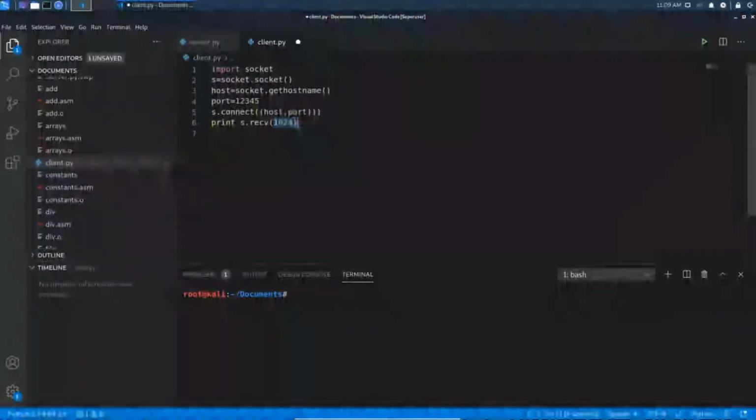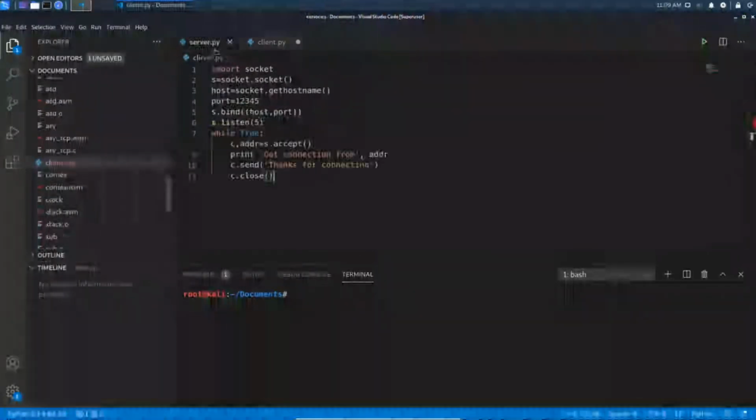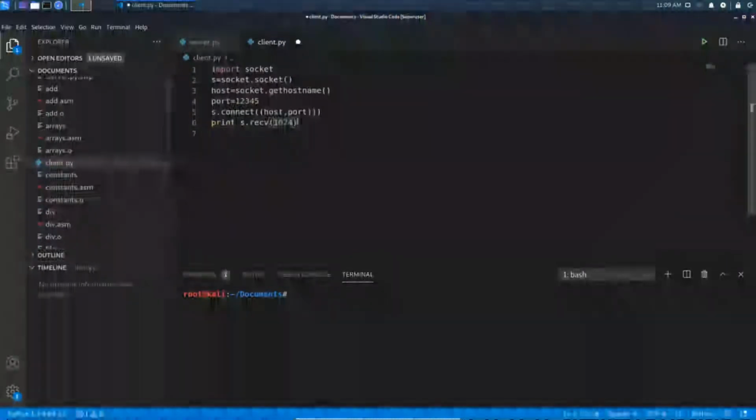This argument will accept the message that is sent by our server. If you want to allocate more space, you can allocate by typing a value greater than 1024. That is your wish.